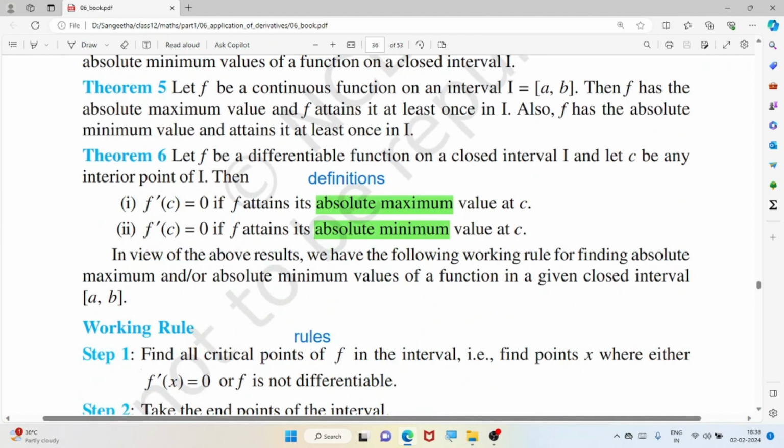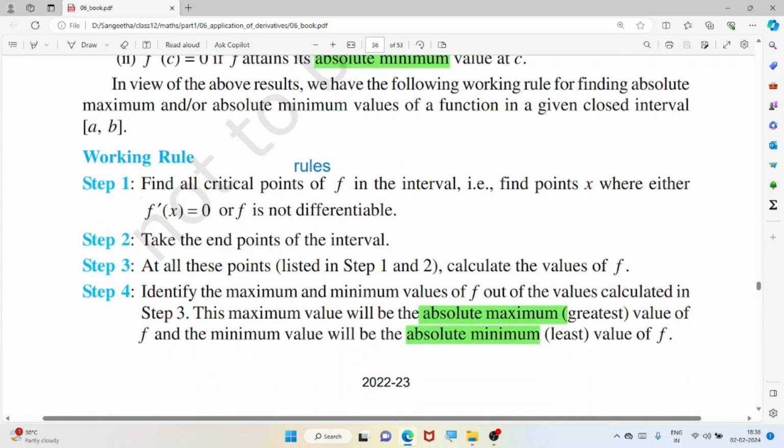So again these theorems, these definitions you should understand. If f attains its absolute maximum value at c, or if f attains its absolute minimum value at c in the closed interval, okay, these rules apply to all critical points. You will see an example of how they are using the rule. Okay,